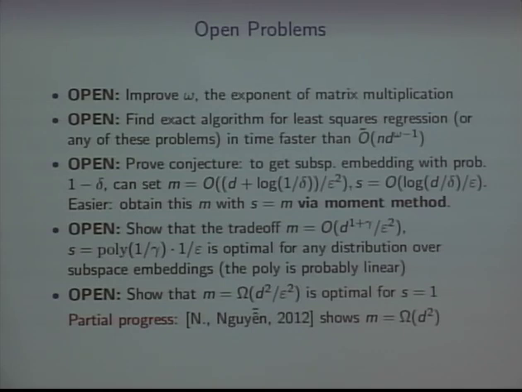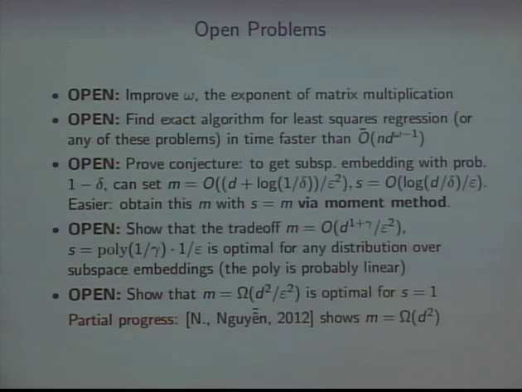But prove to me that same exact bound not using a net argument. Prove it using the moment method. I don't know how to do that, even with a dense random matrix. Then that really bothers me. If you take a dense sign matrix, I mean. If you take a dense Gaussian matrix, you can exploit some Gaussian properties. But basically, we're still losing log factors that we really don't need to lose in the moment method, and that bothers me.